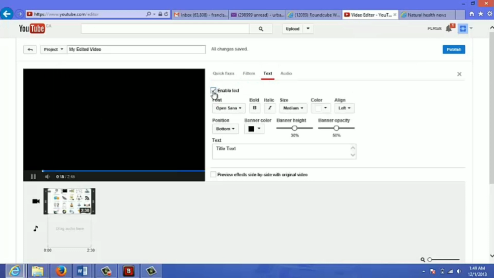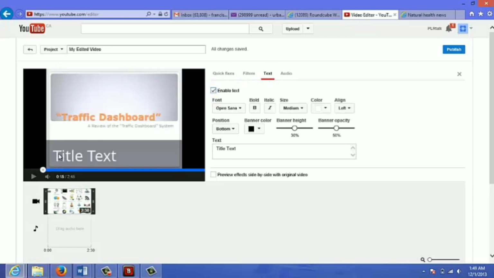When you do that, as you can see, there's a text that shows up on your video, and you can adjust the position of it by selecting here. You can make it bold, you can change the size. So basically you can play around with the options here, and of course you can edit here. So let's just say